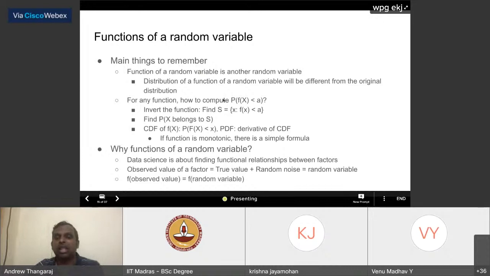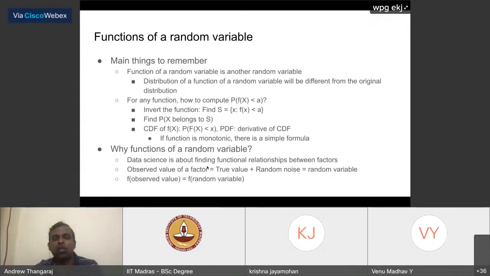This is also a slightly complicated topic. A lot of people are asking why and all these complicated formulae, etc. Let me just quickly tell you why. Quite often what will happen is what is random is something, and your observed value will be that value plus some noise, and then if it goes through some function to give you some other value, you will see naturally a function of a random variable.